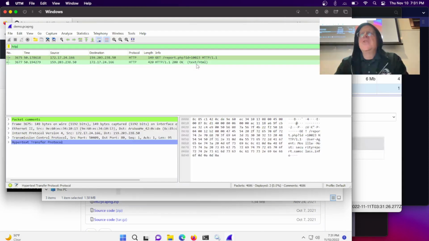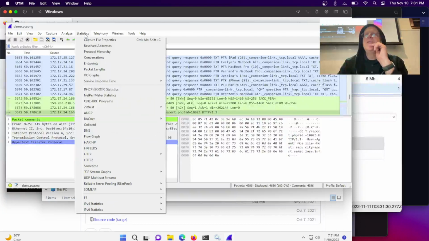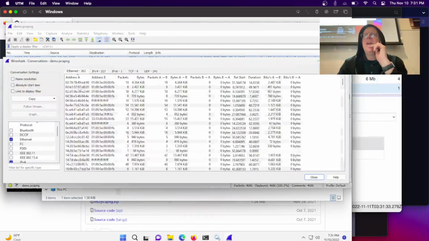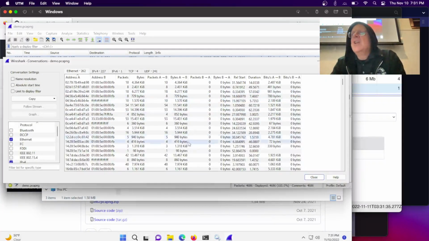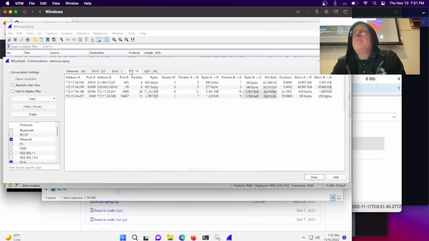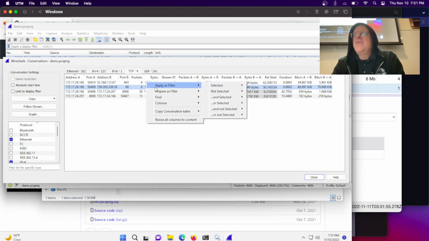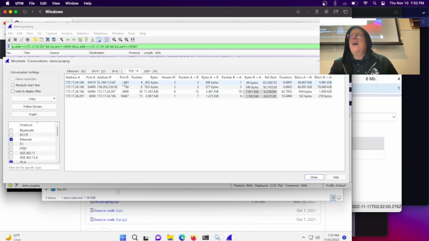That's one way. In the instructions for this project, I did it another, essentially identical way, doing statistics, conversations, and then you can see the ports and conversations, and you'll see I've got to go to TCP there. And so you see some conversations on 8000, that's Velociraptor, and 50000 and 443, I don't know what that stuff is. This is HTTPS. But anyway, the one on port 80 is the one you want. So right click, apply as filter, selected, A to B. And now,